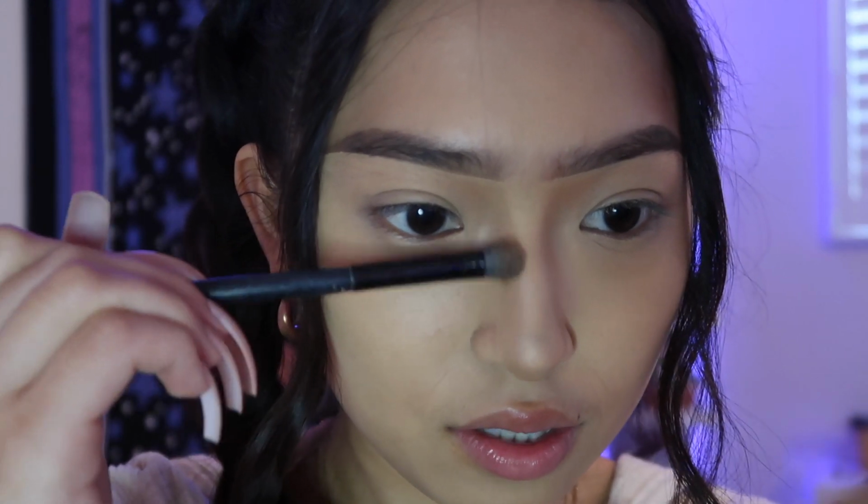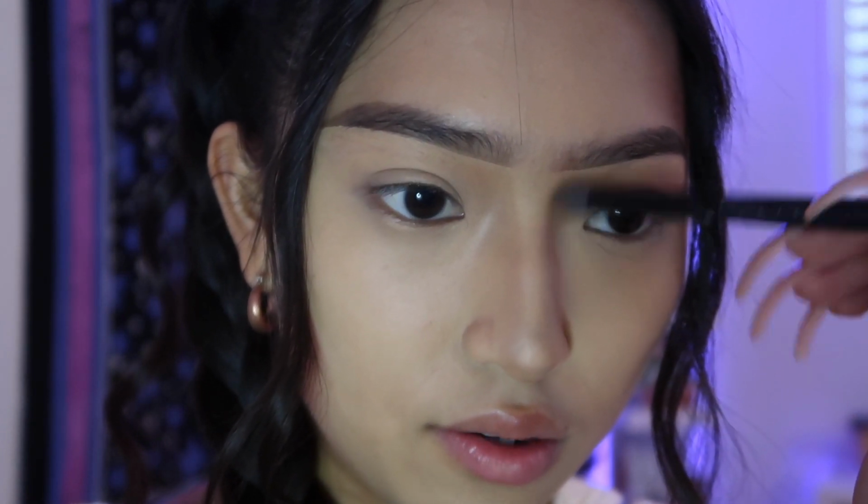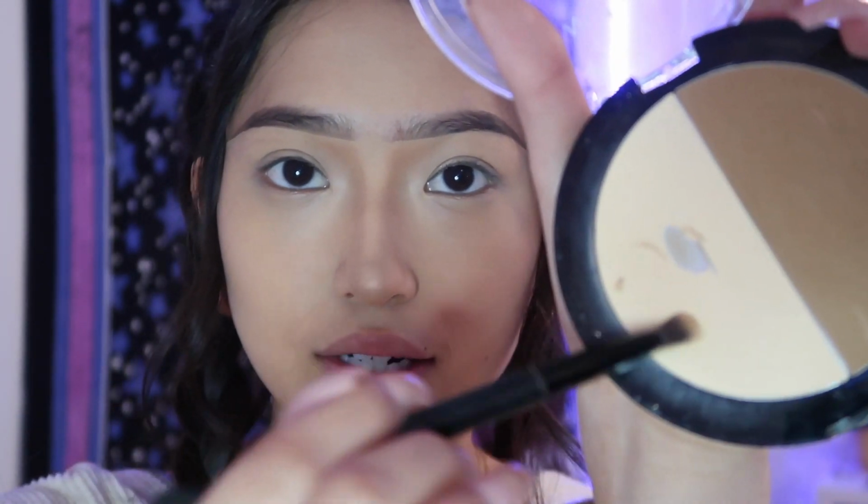This brush again, and I'm going to just go over it because maybe the concealer went on the outside of the edge. You want it to be more snatched, so you're gonna go over the line again. After you get your contour looking like this, I'm going to take the Wet n Wild Mega Glow contouring palette in Dulce de Leche, and I'm gonna take the banana color, and I'm just gonna take a brush like this,